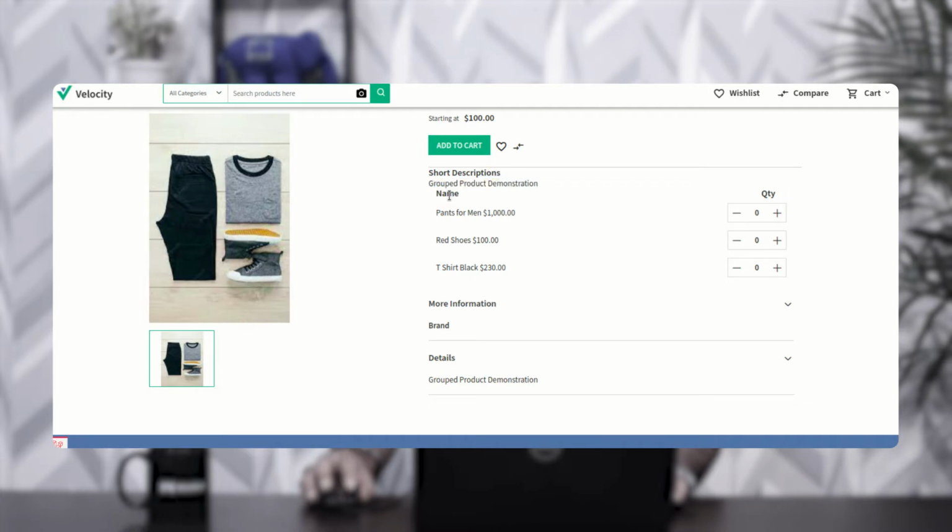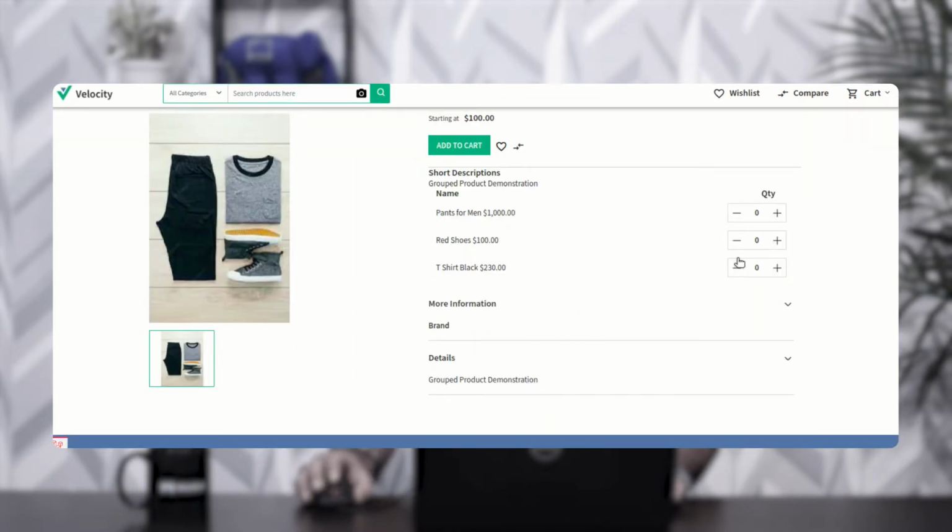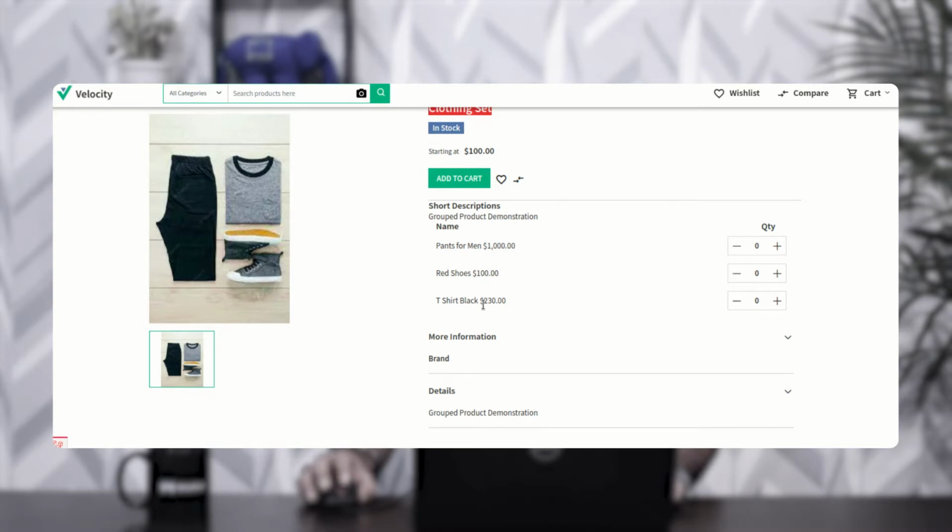The names of the products within the particular group are pants, red shoes and t-shirt black. So all of these 3 products are single standalone simple products that I've added within this particular group product. That's the main group product with the name clothing set, and the customers can basically go with any one of the products within the group. For example, if I want to go with the pants only within this particular group